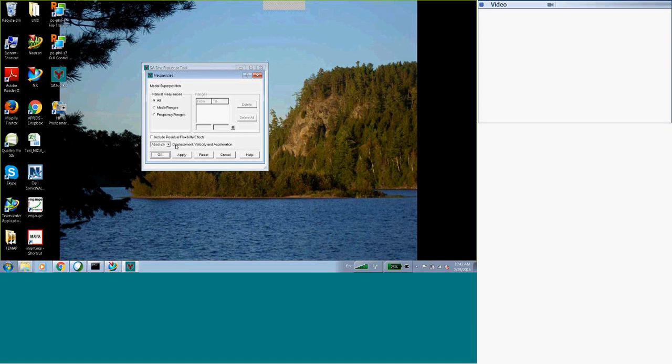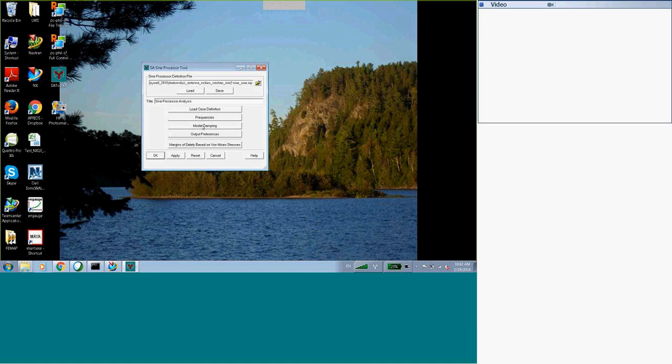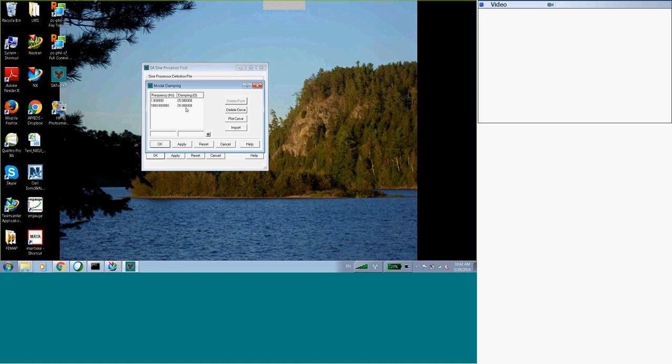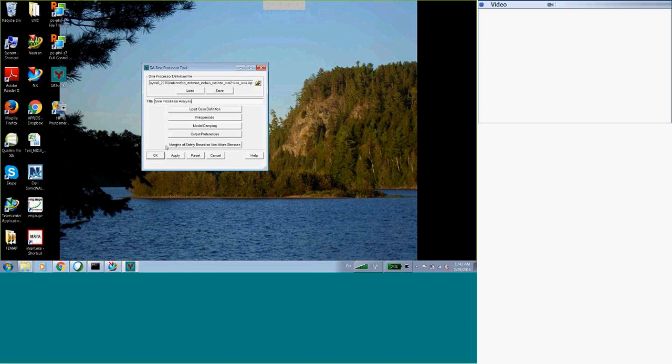We're going to keep absolute results. For default damping here, 25 between 1 and 1,000 hertz. Output, leave it at real imaginary. I'm not going to write data in the text file. I'm only going to look at it in the output file, so it doesn't really matter, sort 1 or sort 2.